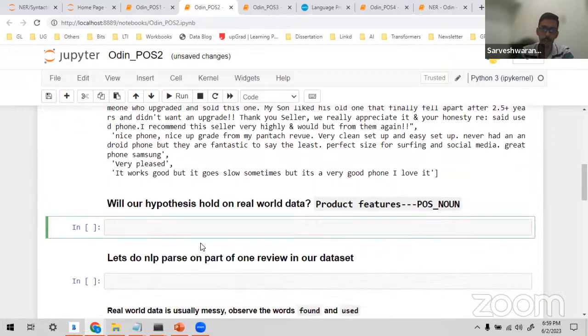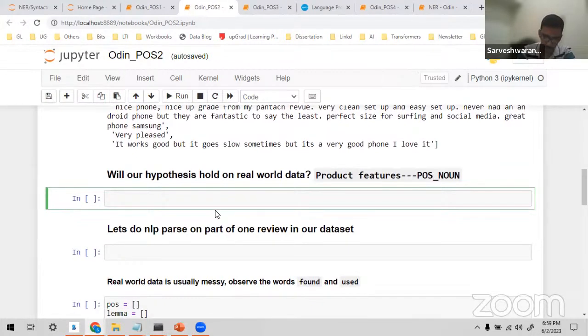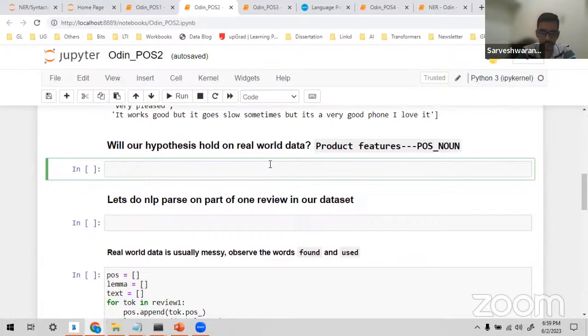So will our hypothesis hold on real world data, right? So let's take the Samsung reviews and split and take the first one out of it.